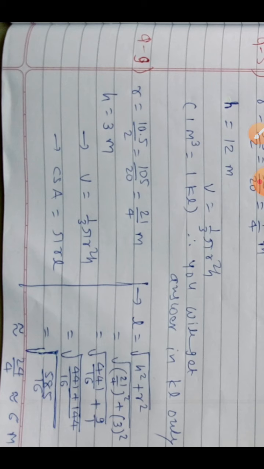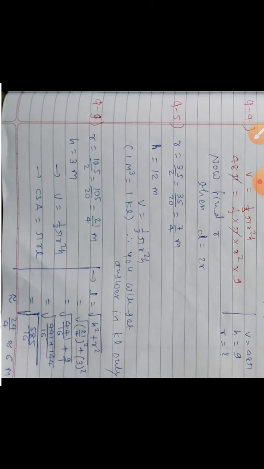Okay, in the exam also, if you face this type of question, then at that time you can write it this way. Actually it is a mistake of the textbook. They should have given the root of 585 or the root of whatever number is needed. But here it is not given, so we compromise somewhat. So now you can use 6 as L. You already have R, and L you found, so you can find CSA equal to pi R L. Okay, so that is today's homework.